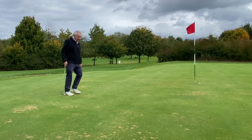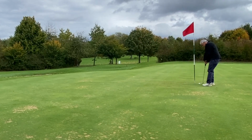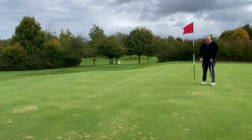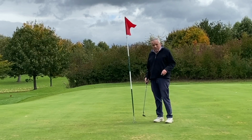No, it's not in the hole, but right next to it, which is not bad. It's inside the hole. So hopefully this gadget will know that I made 2 putts, but in order to be